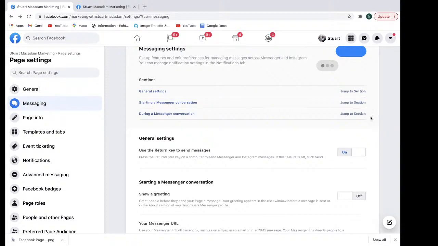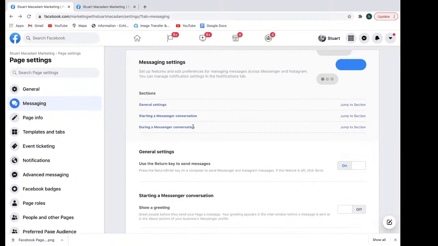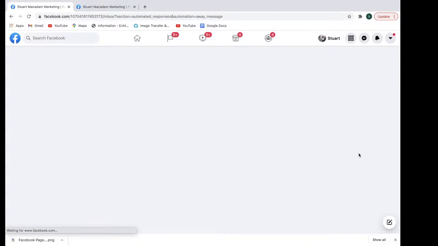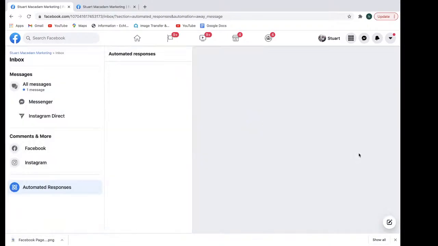In this section of the tutorial, we're going to continue just looking at the basics and the overview of how it all works and how to make sure that you can get the most out of the Facebook Messenger for